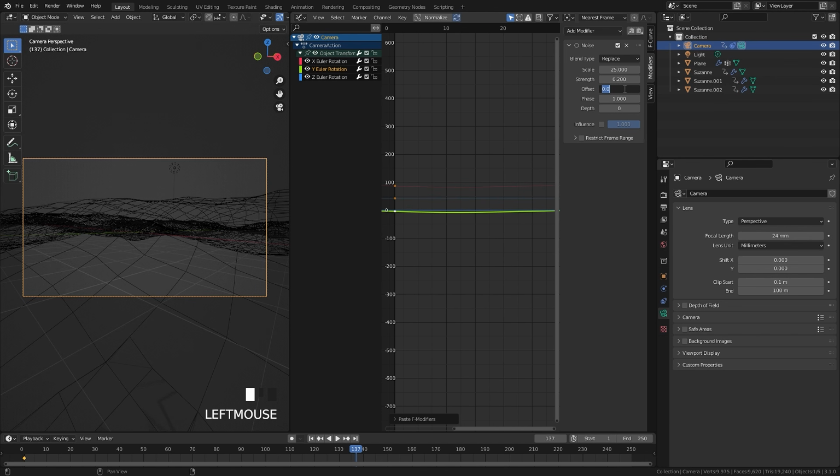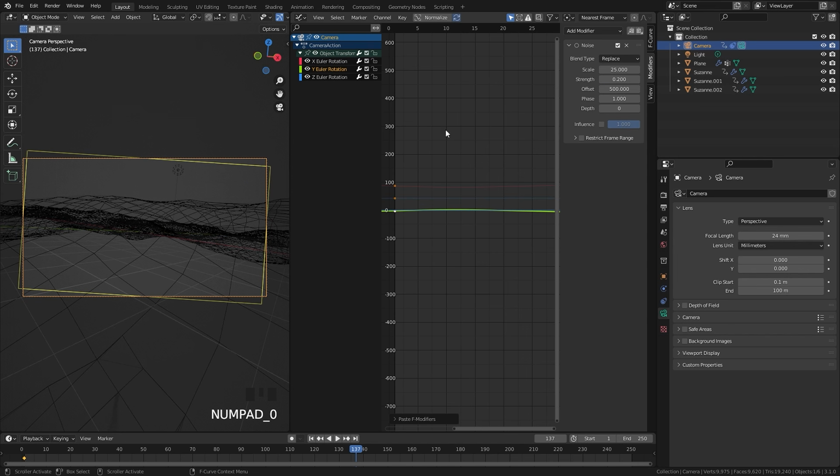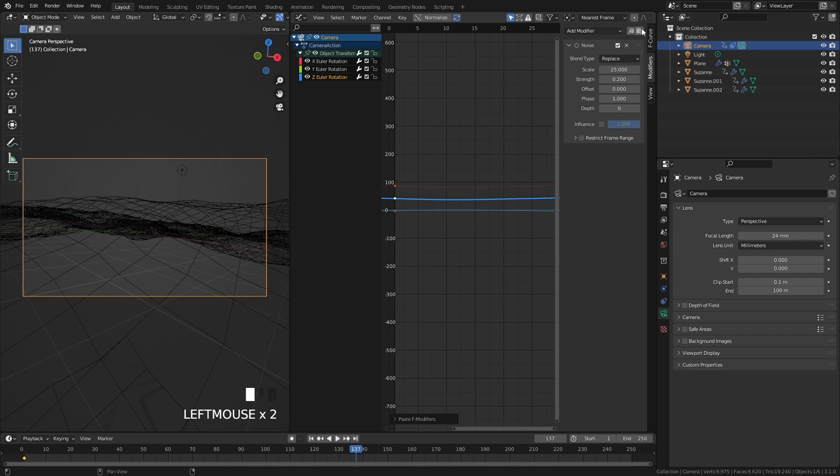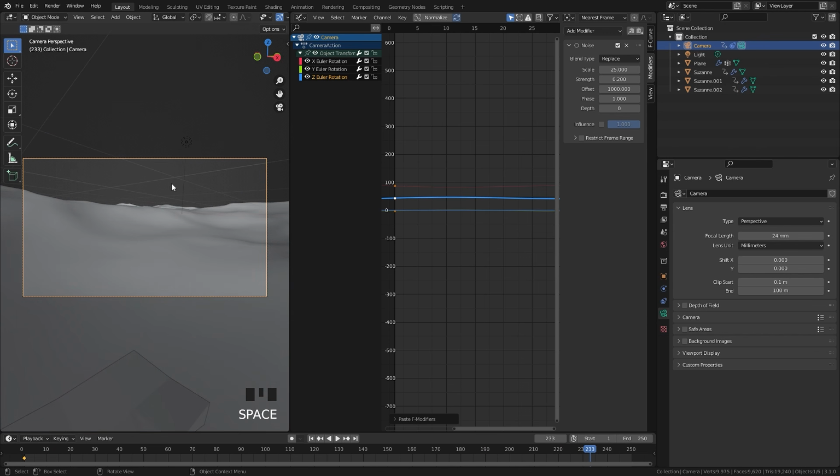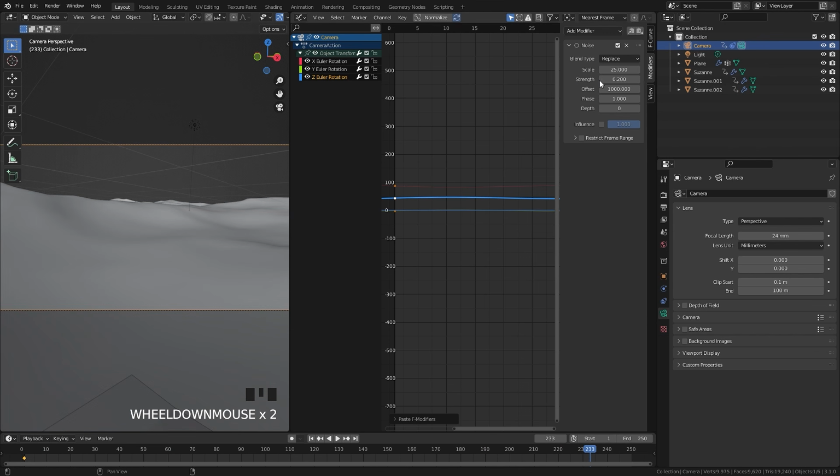So let's set the offset up to 500 so it's using a different noise pattern. We'll select the Z rotation as well and paste it in, and then set the offset to, let's go with 1000. If we play our animation, here is what it looks like. I think the Z rotation is a bit too much, so let's set the scale of that to 35 instead